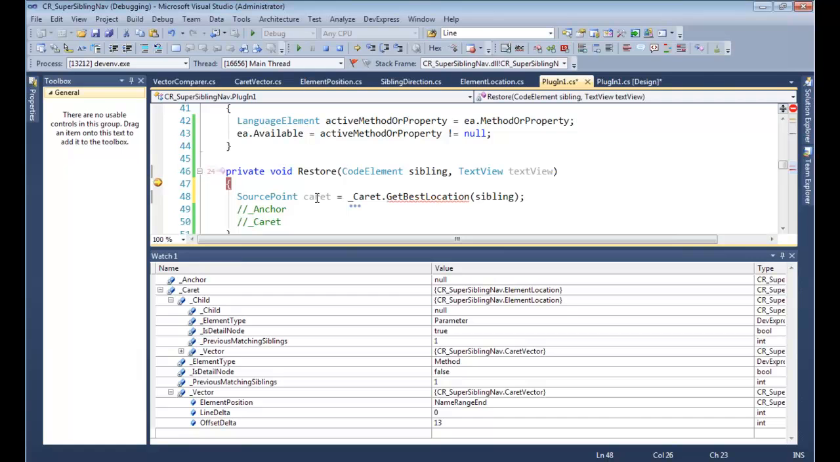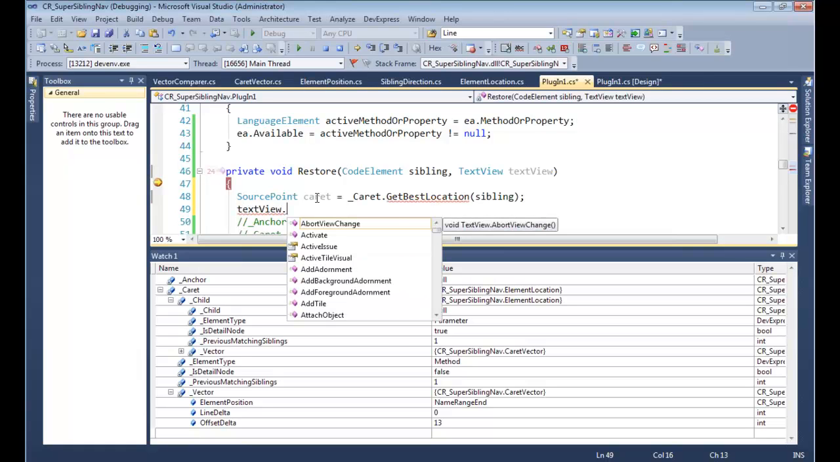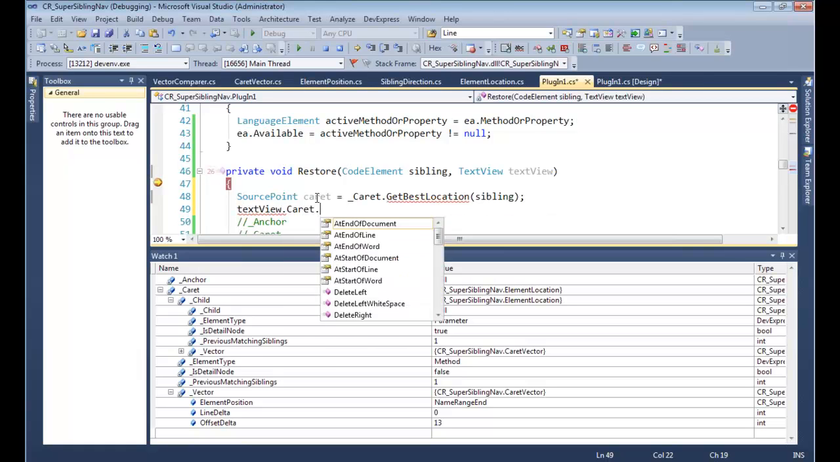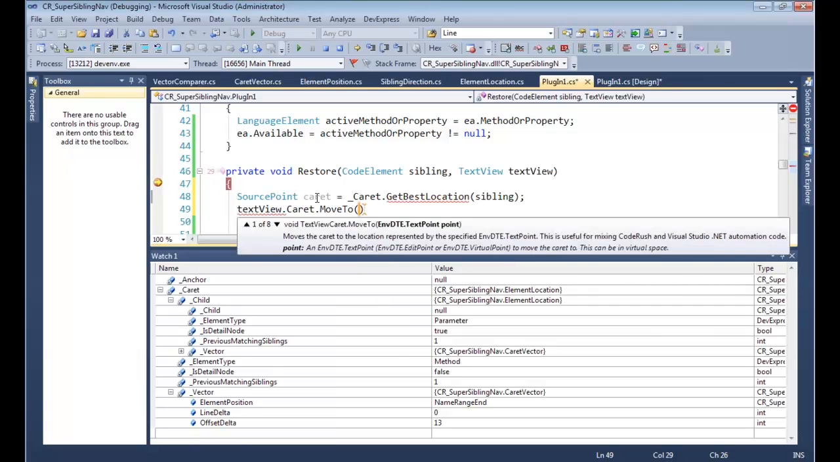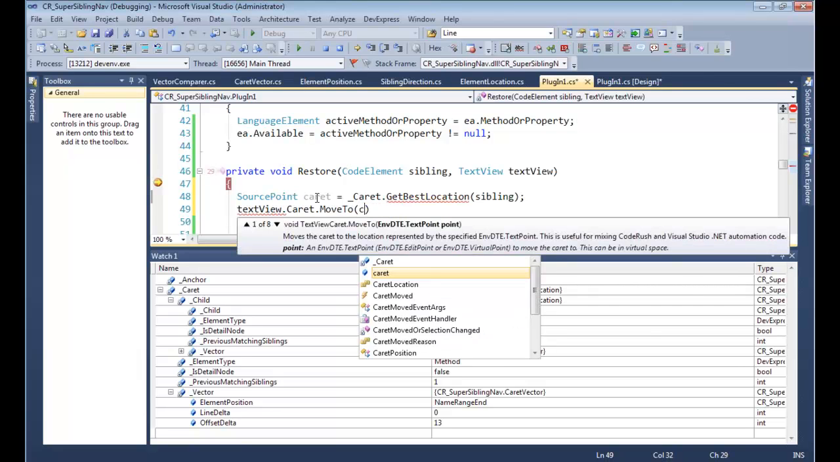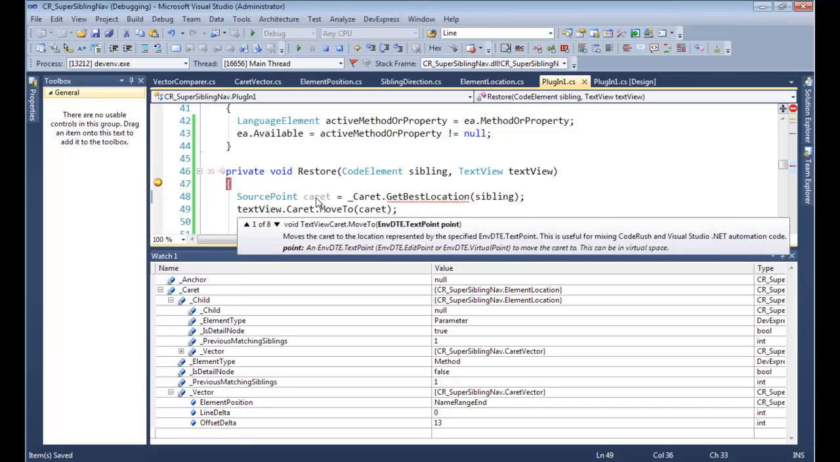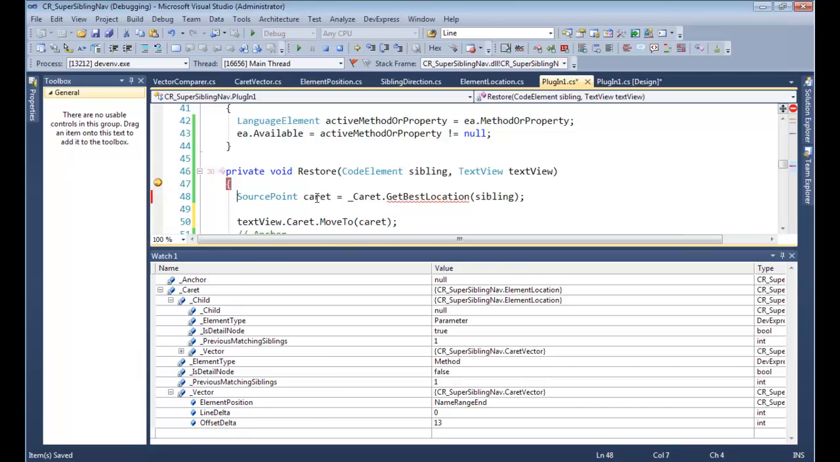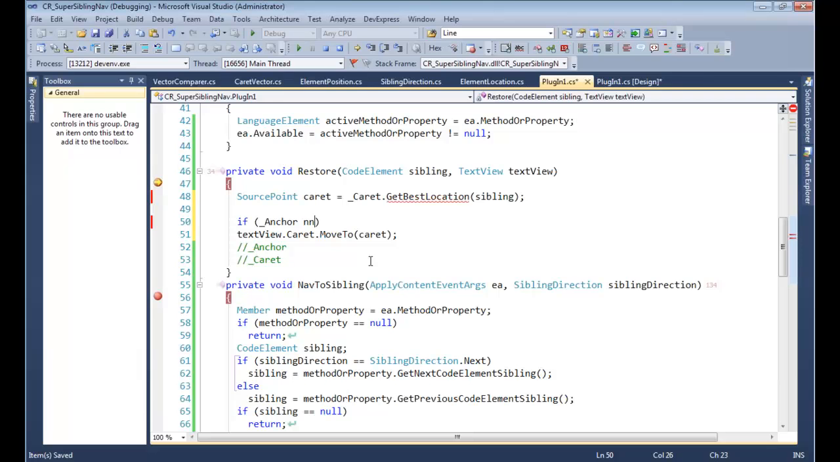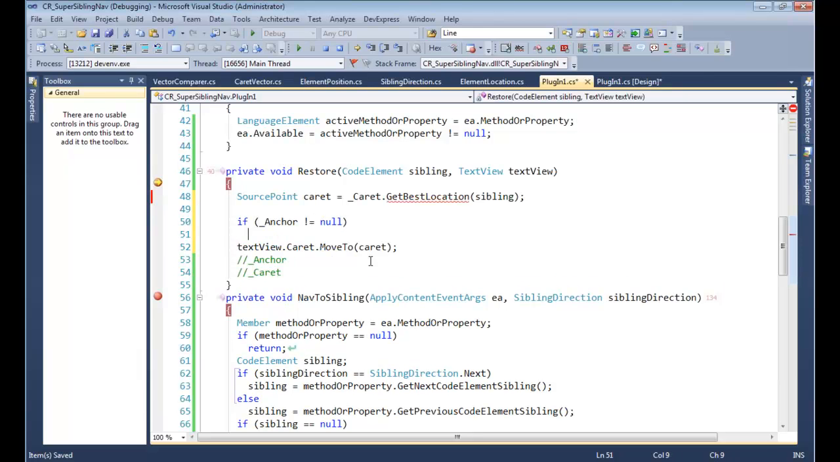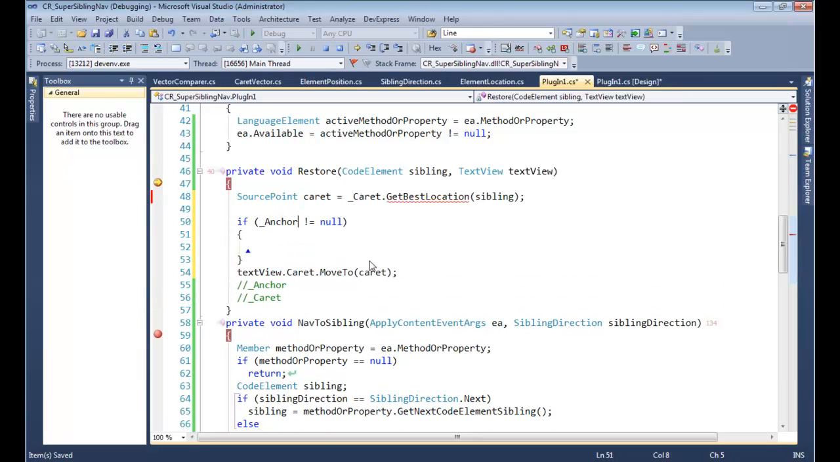Okay, and then what I want to do is we've got the text view that we're passing in. We're just going to say text view dot caret dot move to, whoops, caret, like that. That would be the move to situation. But we also want to check to see if the anchor. Here, let's get rid of this so we can see more code. If the anchor is not null, right, then what we want to do is come in here and say anchor dot get, let's just do this, copy, paste,